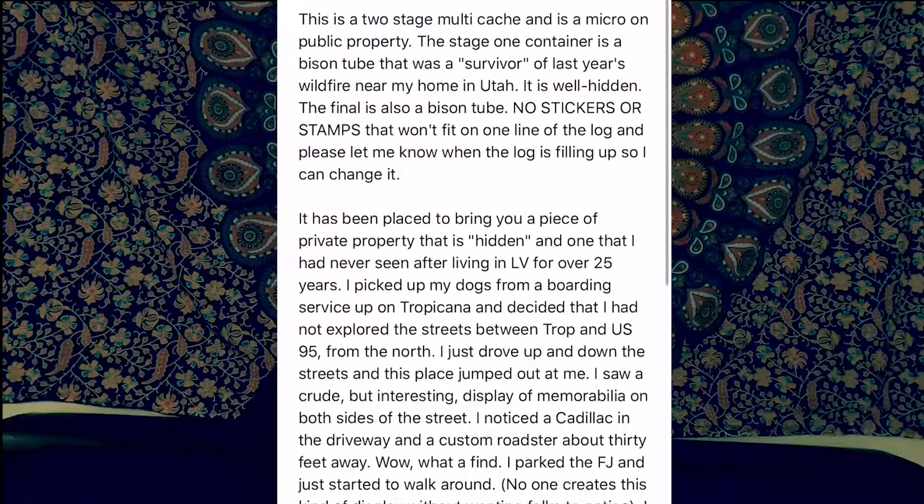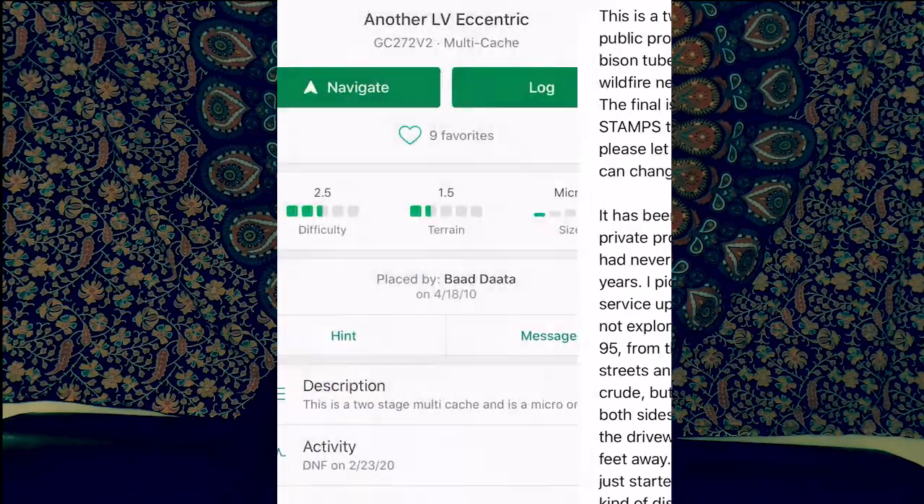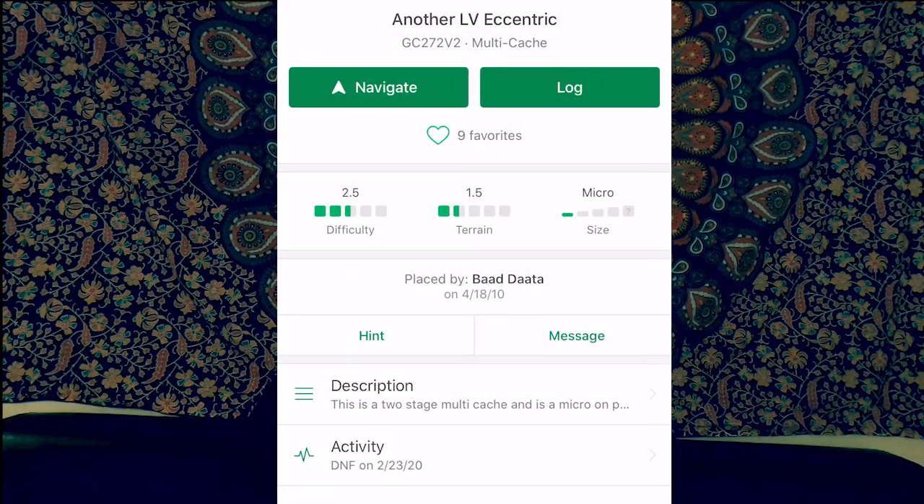Some people like to tell their own story, and it's kind of fun. They don't want stickers on this one or stamps because it won't fit on the line, which makes sense. So stage 1 is a container with a bison tube that was a survivor of last year's wildfire in his home, but is well hidden, and the final tube is also a bison tube. So going back,